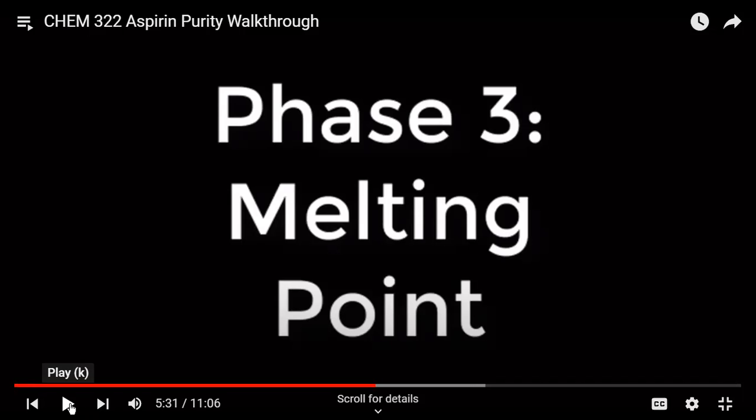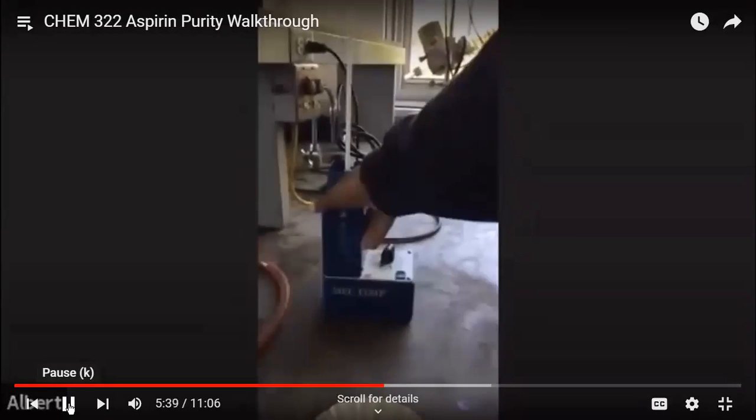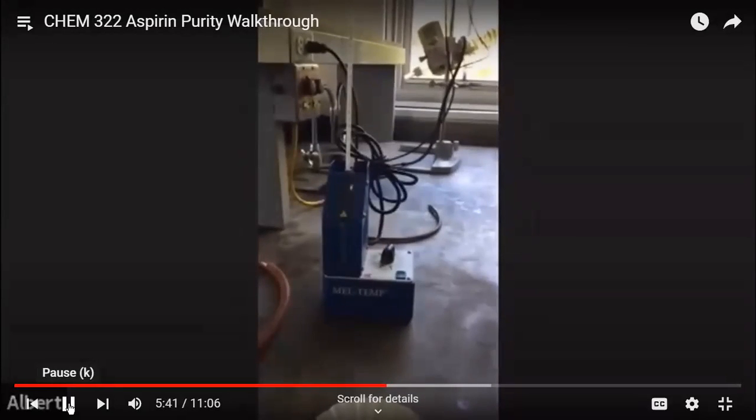So we can just jump right up here and do the melting point with this instrument right here. It's called a melt temp, right? The way we use the melt temp is very simple. First, we have to plug it in, obviously, because it's electric. And then the way you measure the melting point, if you watched that melting point video, hopefully you did, is you ramp the temperature up until you get about 20 degrees away from your